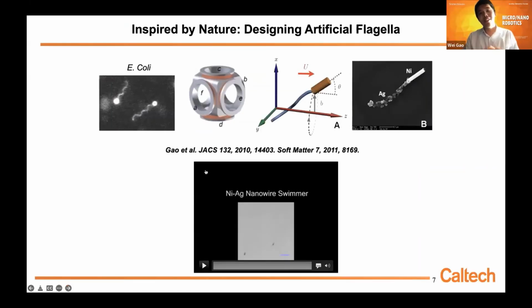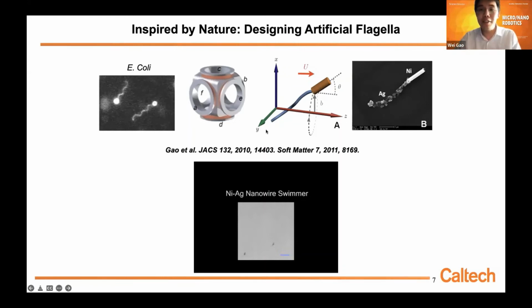When I was still a PhD student, my first work thought about, can we design some artificial flagella that can mimic natural bacterial flagella? In this case, we can design some flexible micro nanostructure that can deform under a microscope in general. So we can mimic, in this case, how E. coli swim, for example. So initially, I proposed a nanowire. We can design this bi-segment nanowire.